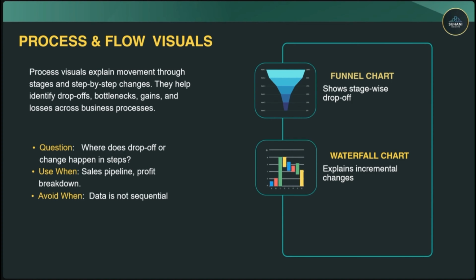So we use this type of visual, which is the funnel chart. Okay. So basically, the funnel chart helps us to understand the sales pipeline. If we talk about the particular use of a funnel chart, it helps us to show stage-wise what the drop-off was. 1-tier company, 2-tier company, 3-tier company, what were the drop-offs in this step-wise scale.